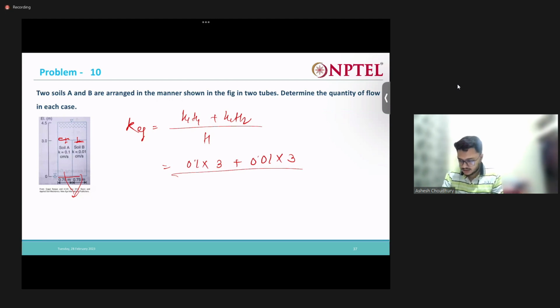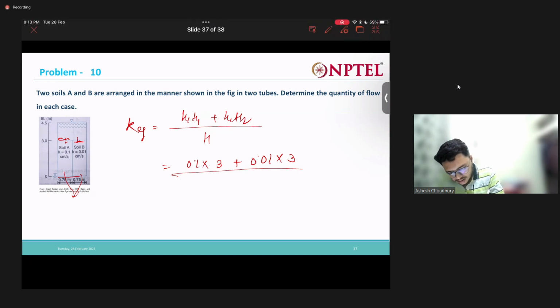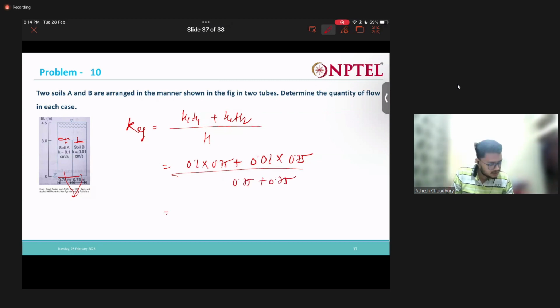One second. Just a minute. Not 3. It'll be 3. No, right? It will be 0.75. 0.75 into 0.75 by 0.75 plus 0.75. So let us calculate this. 0.1 into 0.75 plus 0.01 into 0.75 by